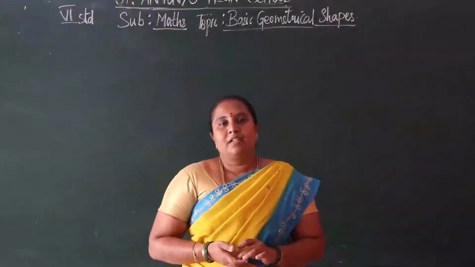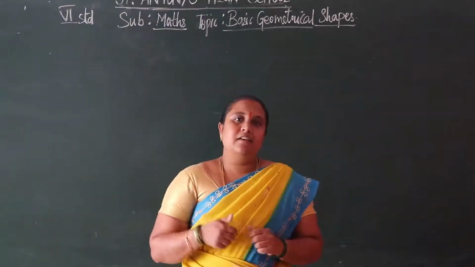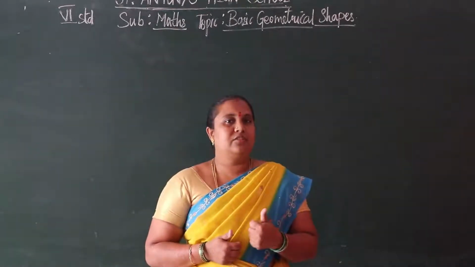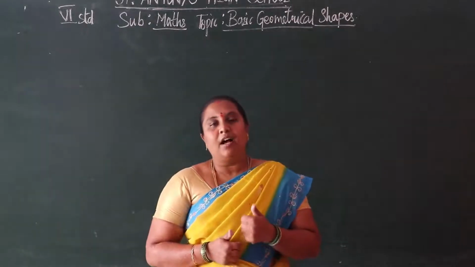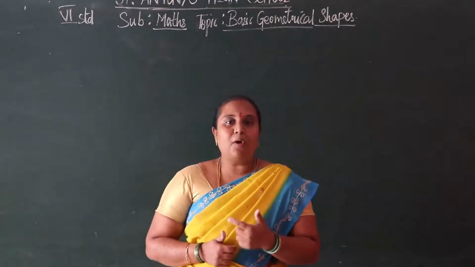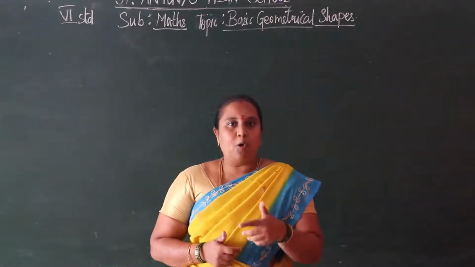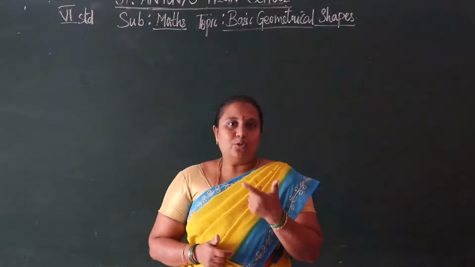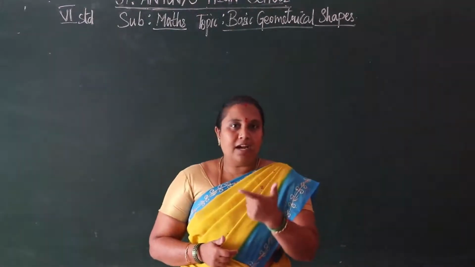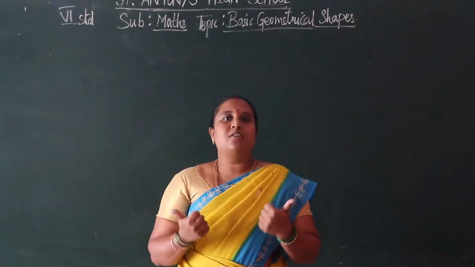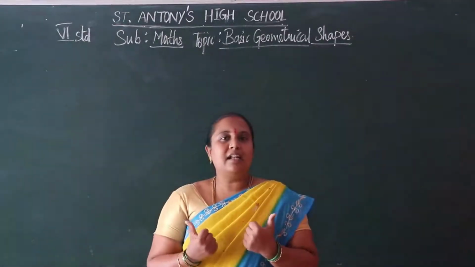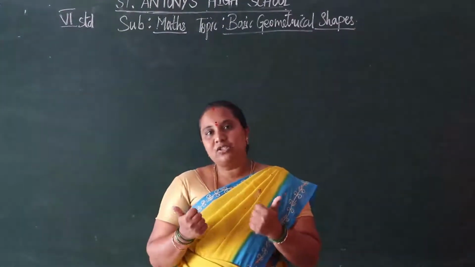Hello children. So we saw in our previous class the topic basic geometrical ideas. The chapter name was basic geometrical ideas. In that we saw a point, a sharp tip of an object. Then we join 2 points, and that is a line segment. Both the sides extend with 2 arrow marks. With the arrow marks, we can say that is a line. Is it right? That is a straight line.